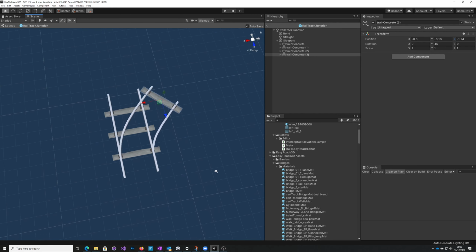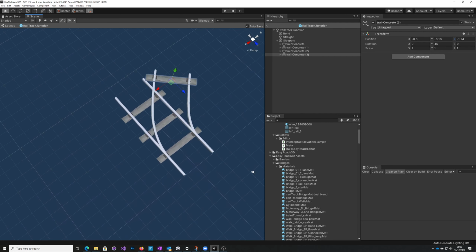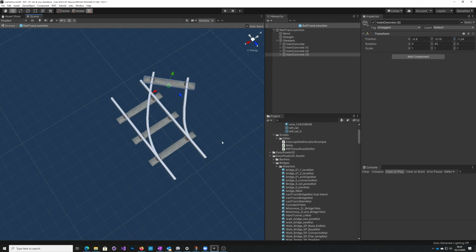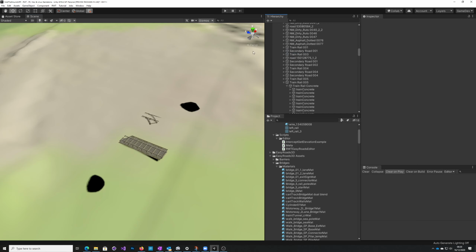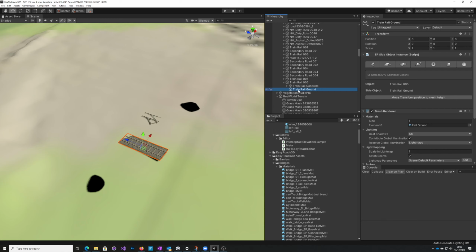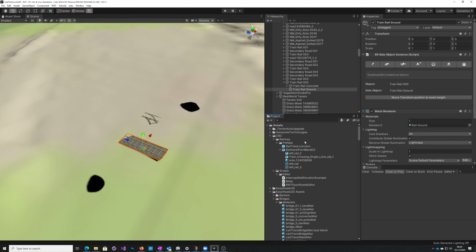Okay, so we've got our basic model in place, and now if you remember, there is a background as well, or a ground to this track. So let's come out of here. So that was our rail concrete. We've got rail ground. Now this is a bit different because of the procedural way this is generated. There isn't anything to actually copy over, so it's just a mesh renderer. It's using rail ground, so that's the key point here. So if we go back to our prefab,